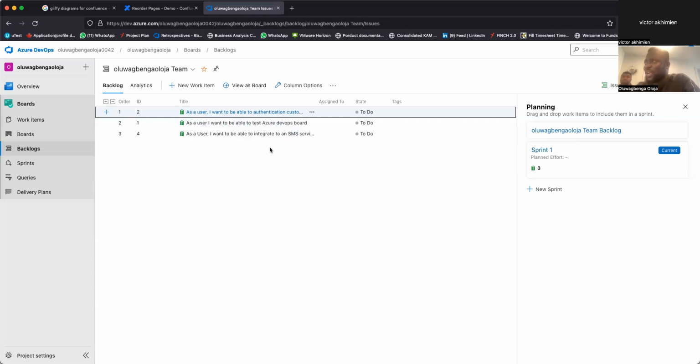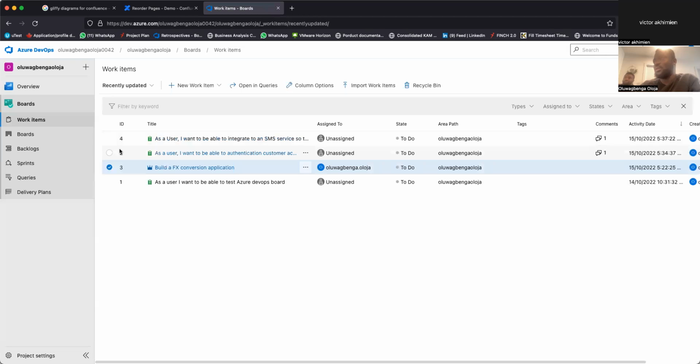Does it make sense to go and integrate SMS when we've not actually done the skeletal for authentication? When we get to authentication, we now try to do the different types of authentication integration, like SMS, email, and all of that, right? So it makes sense to start with the first one, which is authenticate, before we go to SMS.